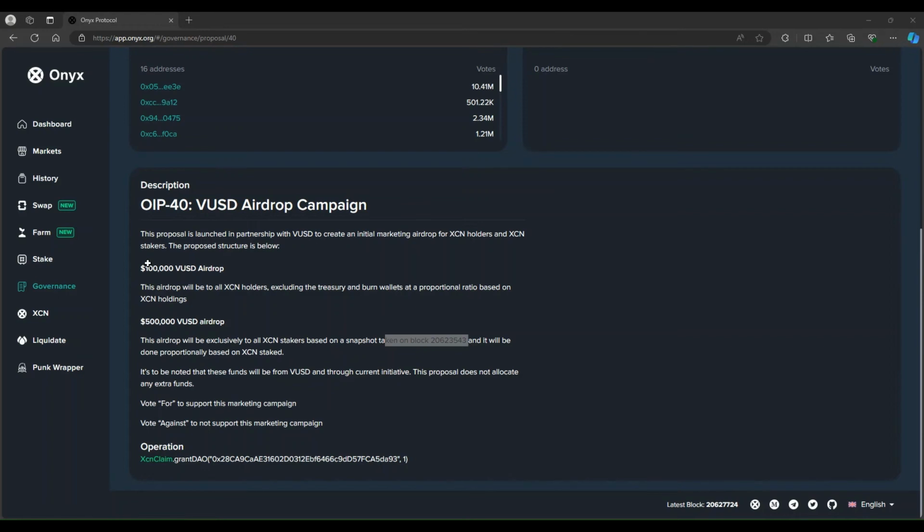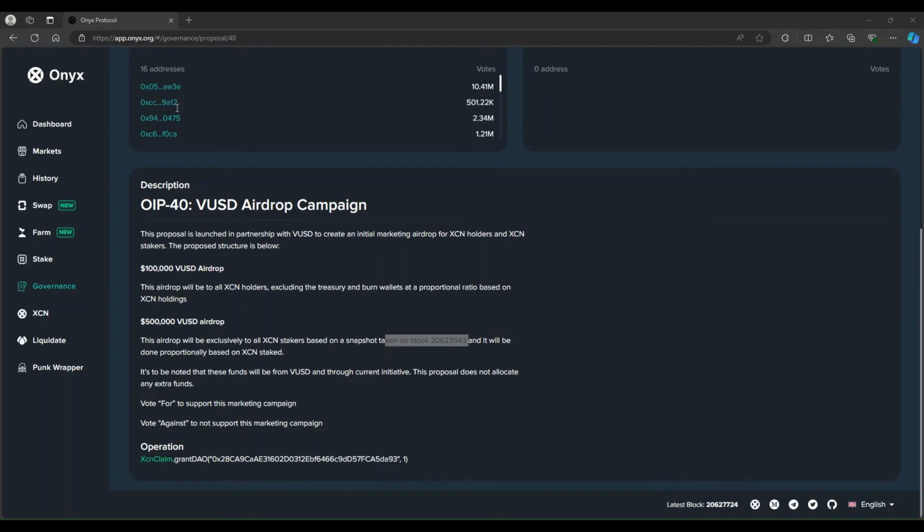So, but then again, if you turn around and swap that, say at 0.0014, it's another 12,000 XCN coins you can earn if you turn around and swap that VUSD into XCN, and then you compound that and restake it, you're earning money on top of money, right? So obviously, not the biggest deal, but everybody likes free money. So, like me personally, I don't stake everything I have. I have a little over 5 million staked.